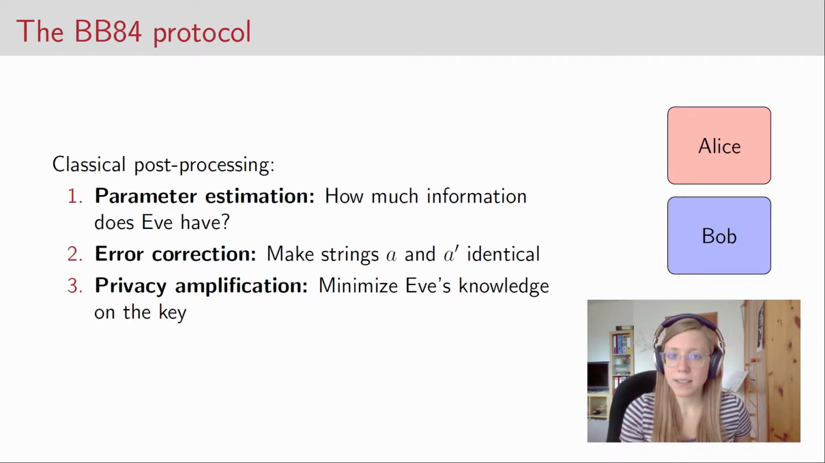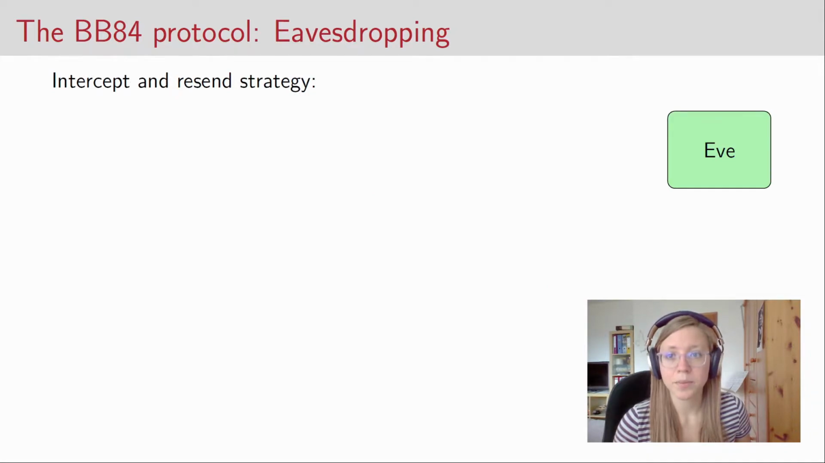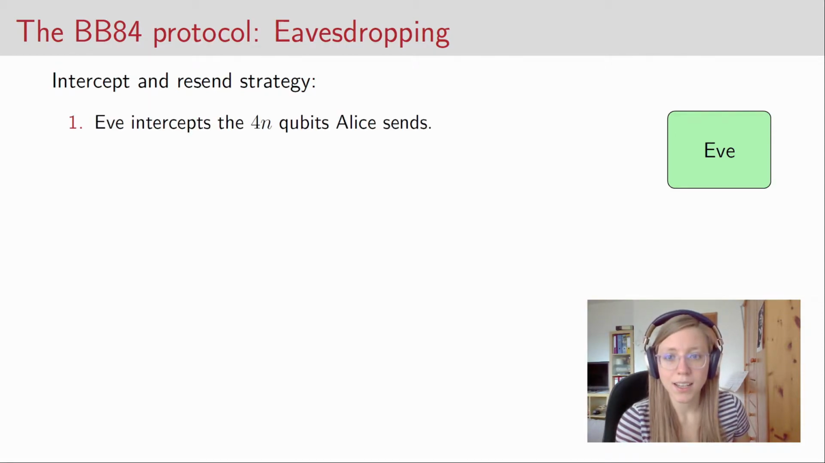So this is basically the protocol, and we now want to investigate how Eve can intercept the protocol and actually gain knowledge about the key. The simplest strategy that she can perform is the so-called intercept and resend strategy. Here, Eve intercepts all the qubits Alice sends, so all the 4n qubits Alice sends to Bob are intercepted by